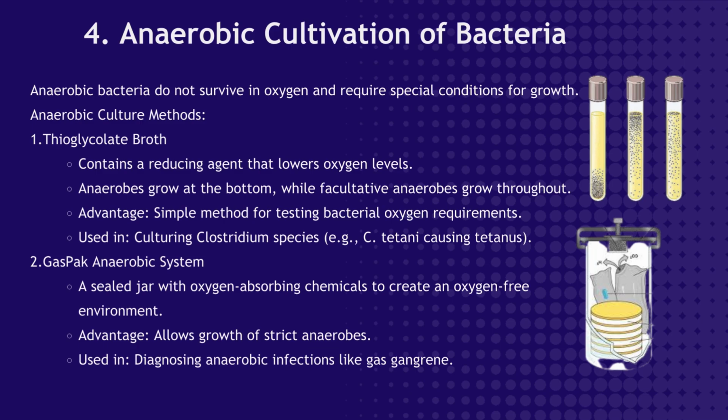Anaerobic culture methods. Thioglycolate broth contains a reducing agent that lowers oxygen levels. Anaerobes grow at the bottom, while facultative anaerobes grow throughout. Advantage: simple method for testing bacterial oxygen requirements. Used in culturing Clostridium species,